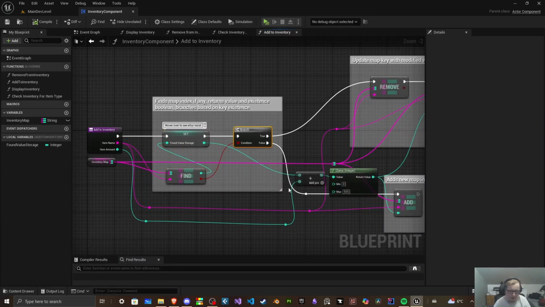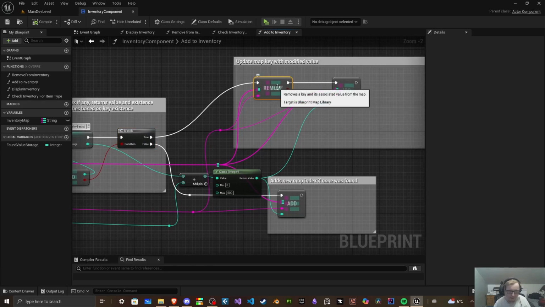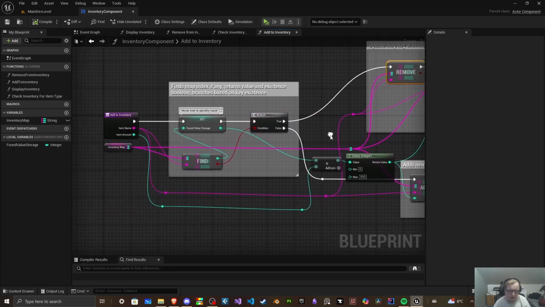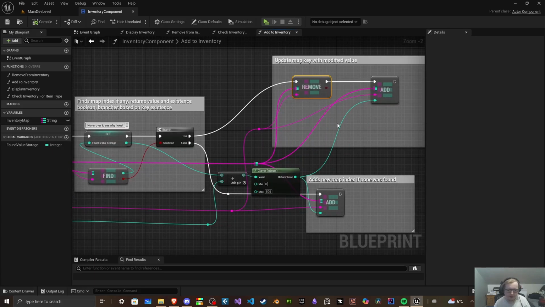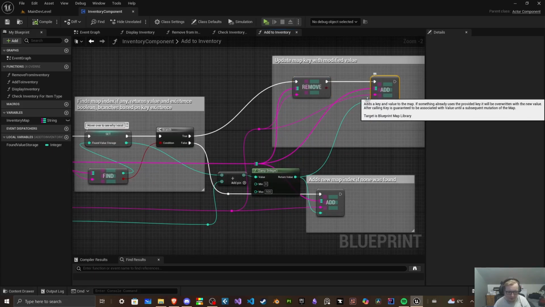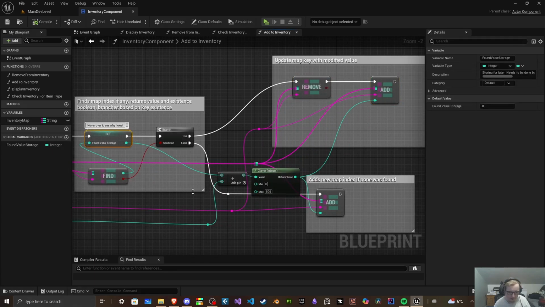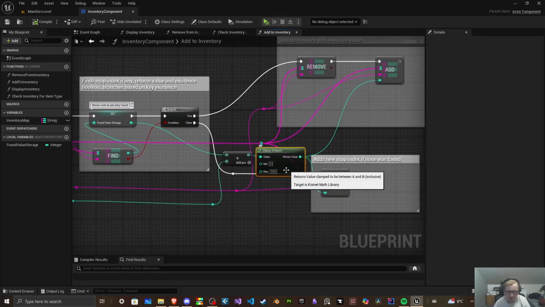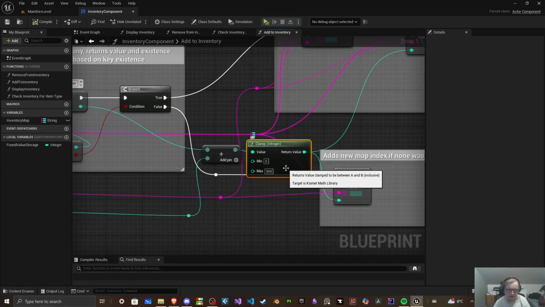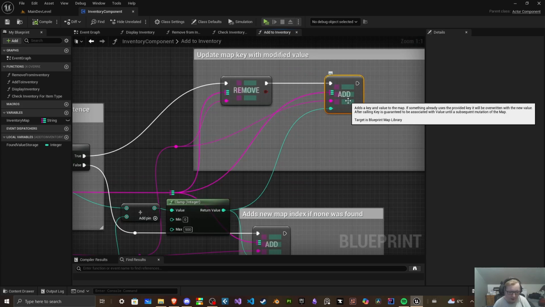Anyway, if it finds the thing, it's going to add to the thing. What we're doing is we're removing from the inventory map over here, right? We're removing the item completely, and then we're adding a new map pair with the found value storage, adding the item amount to that. We're going to clamp it to a stack size of 5,000 because whatever,